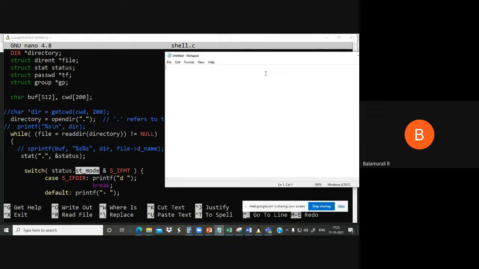Say for example, what are the things we have seen? If you take a particular file, you'll have underscore and then read, write, execute. This is for the owner. The owner can read the file, write the file, and execute the file.